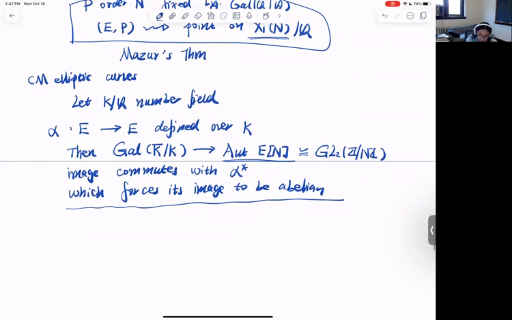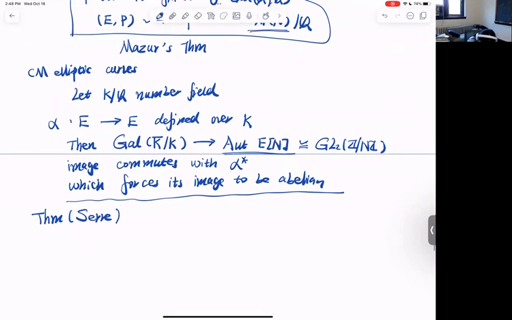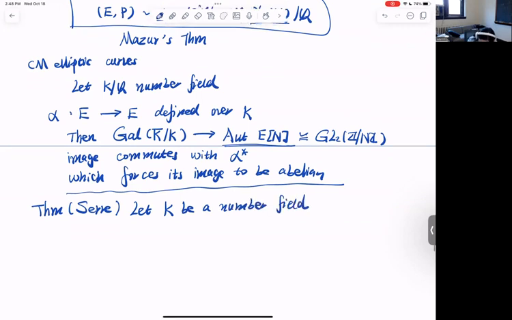So the idea is, and this is in contrast to a non-CM curve, namely a theorem of Serre. This is called the open image theorem. So Serre showed that if K is a number field, and E over K is an elliptic curve without CM,